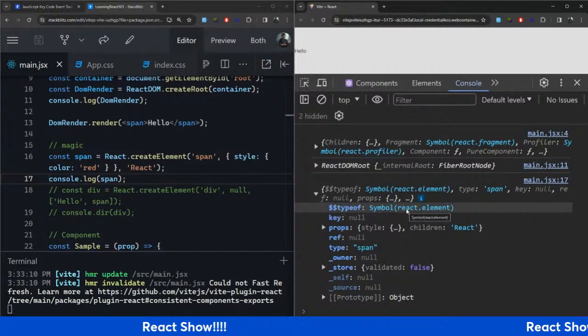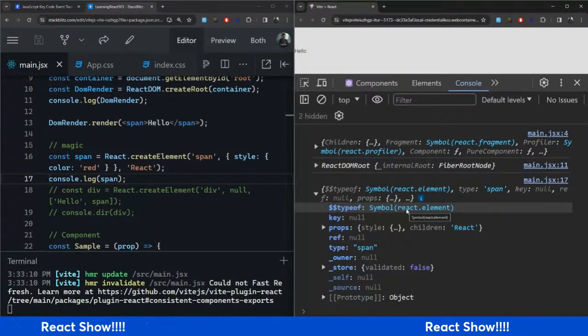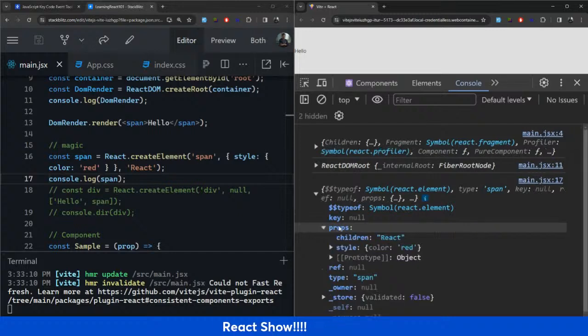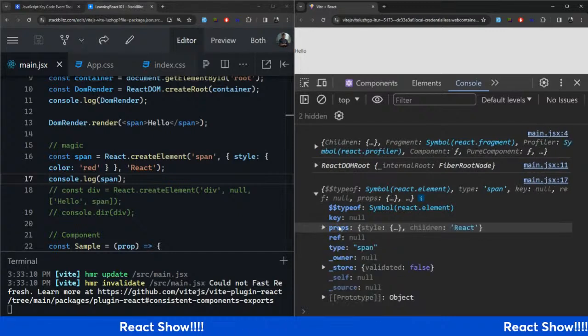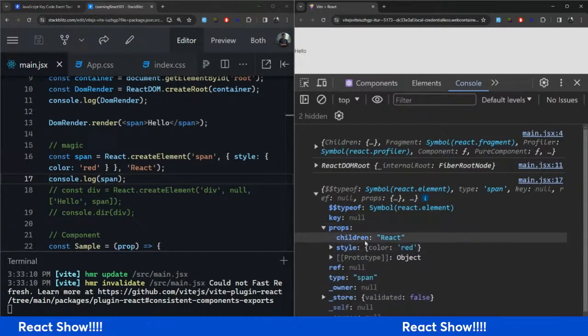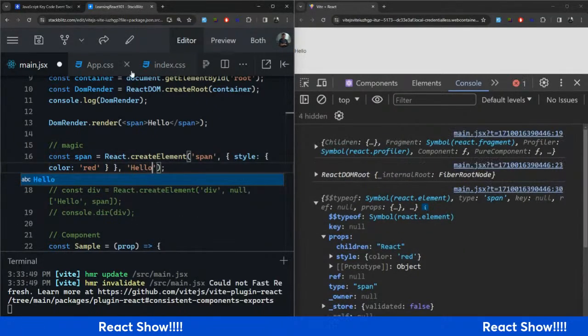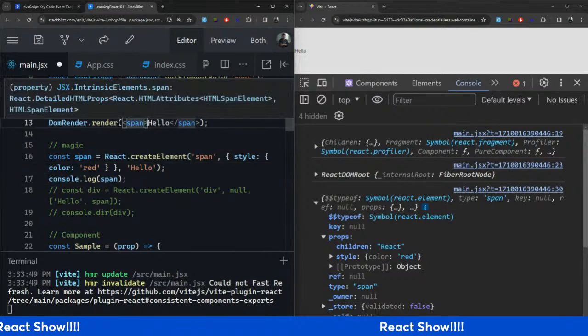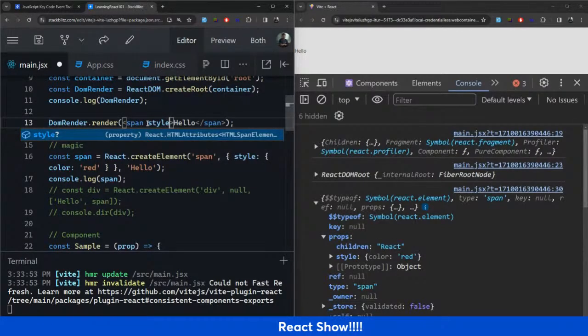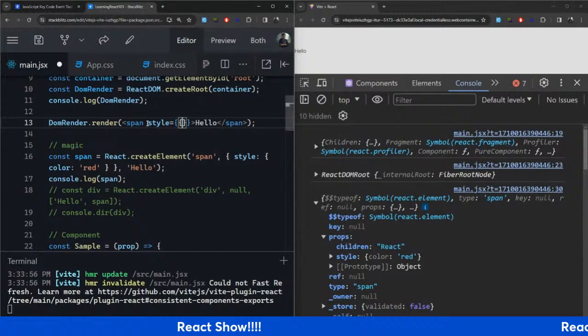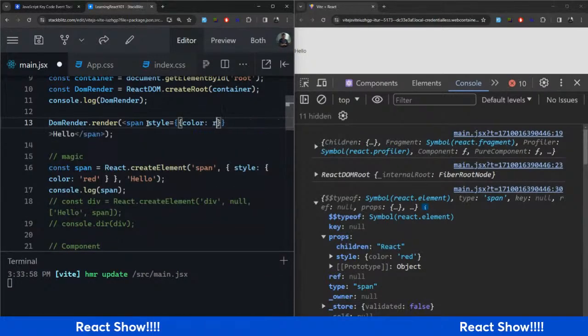The type of the object inside of this object here is a React element. But the beautiful thing is you have this prop, and the prop contains style and children. So I can change the children to Hello, right? And let's assume that I had something like this. If I add a style to this now,